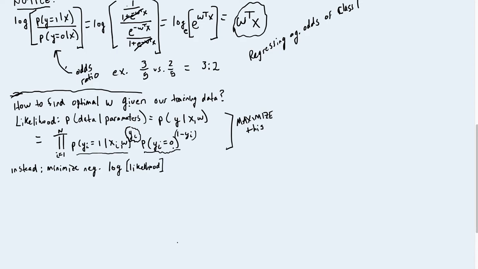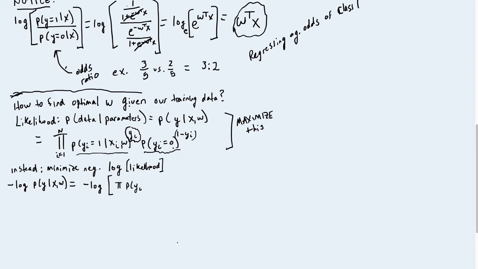And if you minimize the negative of the log likelihood, you're also minimizing the likelihood, since the log function is increasing. So let's write this down. It gets a little bit in depth here. So the log of the probability of y given x and w is equal to the negative log of, and let's just write out what we wrote. So this whole guy,